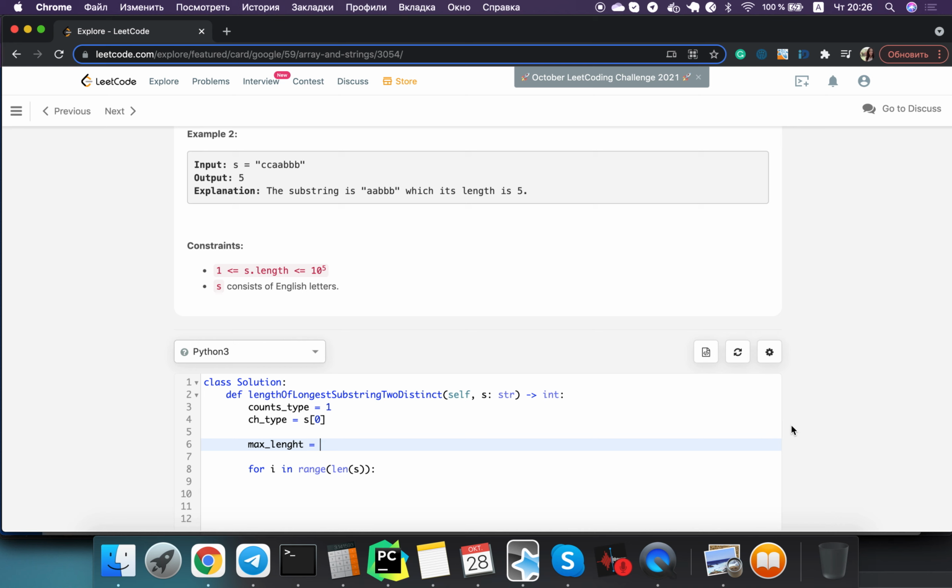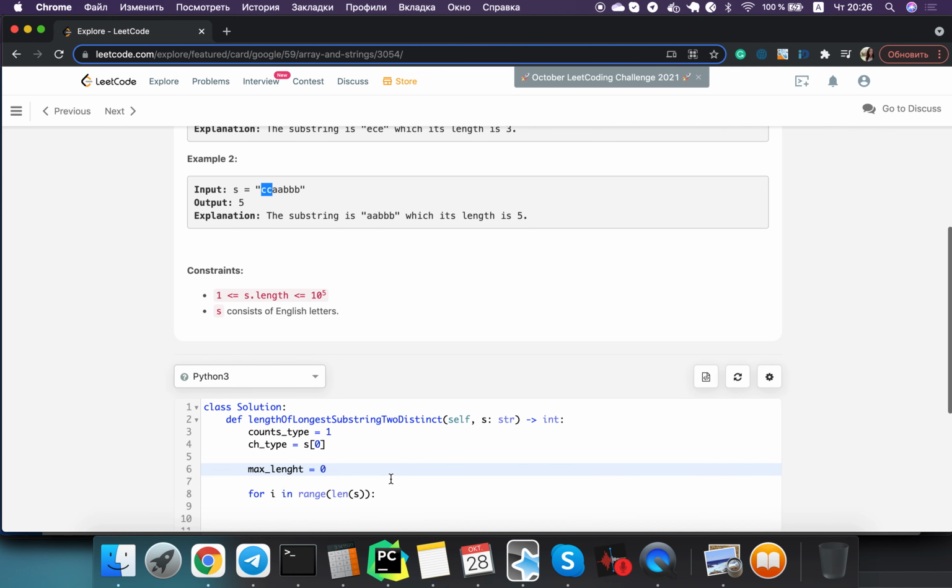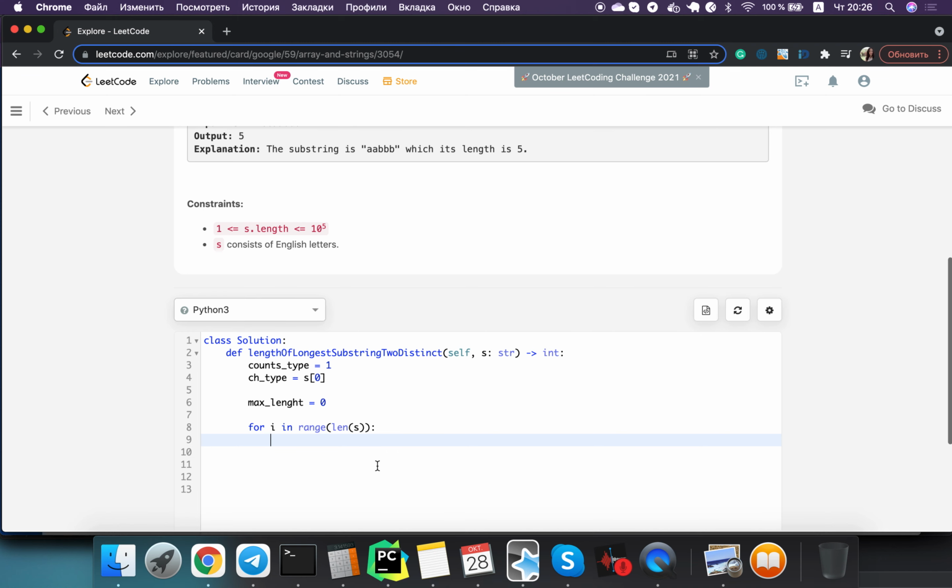Okay, if we imagine our situation with two kinds and two lengths, it's our smallest situation. In this case it's okay to put 2 here, for example. Yeah. And what do we do, we say if